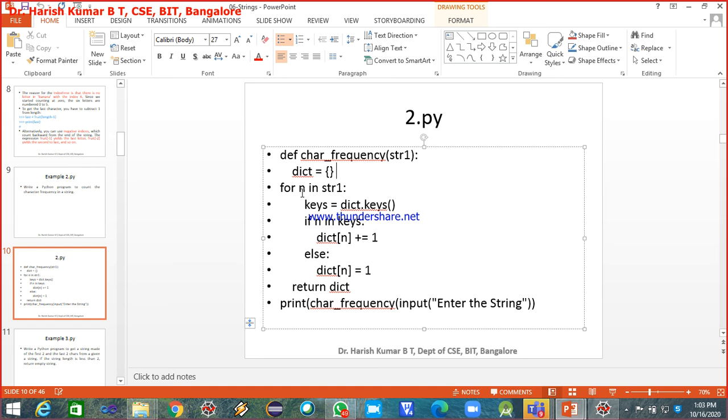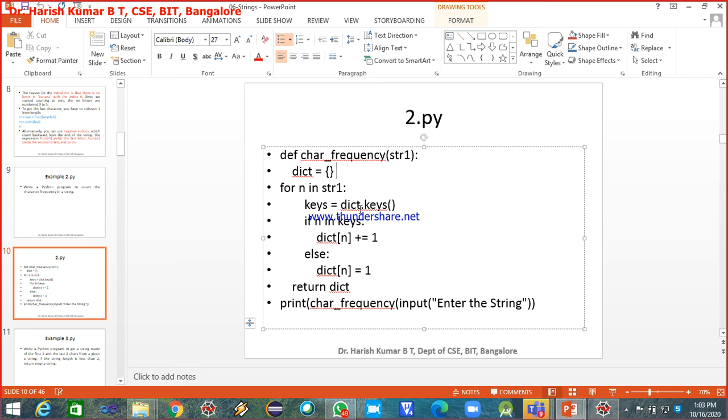So now I'm running a for loop, for n in str1. I am iterating over every character of the string that is read, and here I'm trying to get the keys. You can obtain all the keys of the dictionary by using dictionary.keys. There is a function with the name keys which can be invoked on the dictionary.